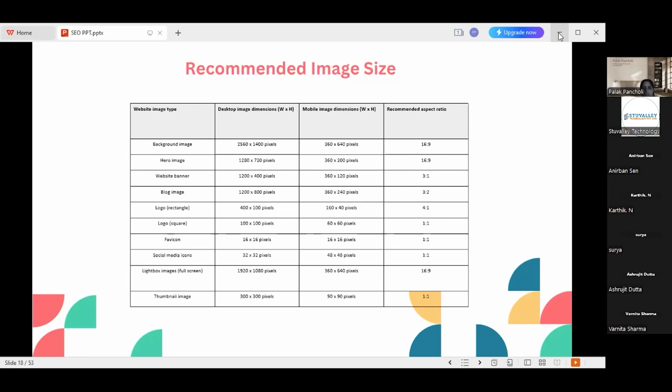I have one doubt, ma'am. If we take question keywords like what is digital marketing, it goes under informational keyword or marketing keyword? Why, what, these are informational keywords. If we take Stu Valley Digital Technology Services, it goes under Stu Valley digital marketing services.